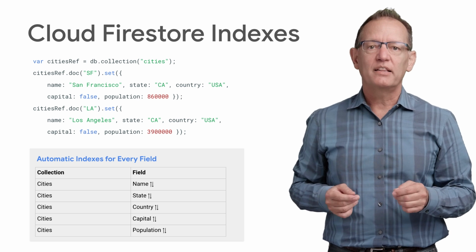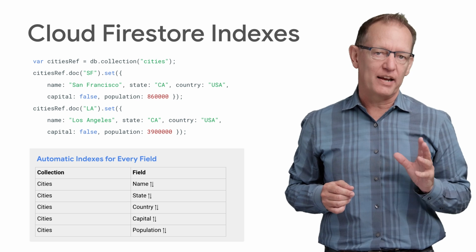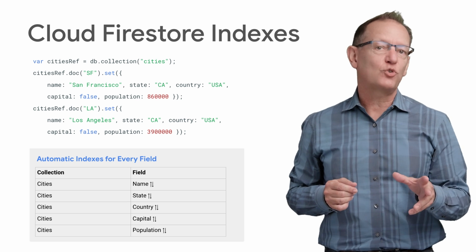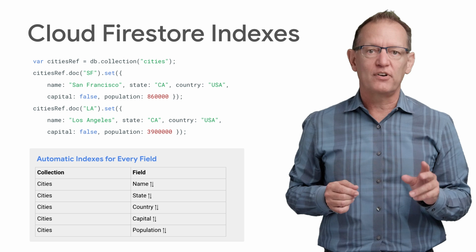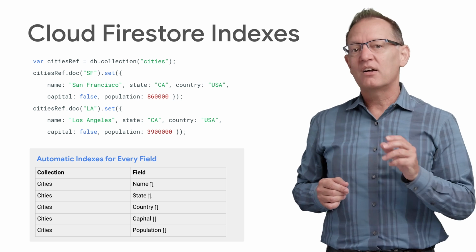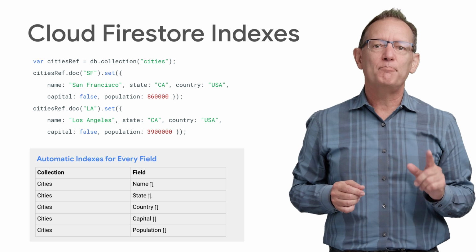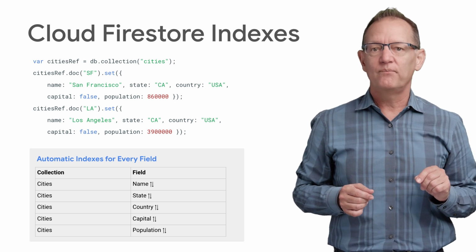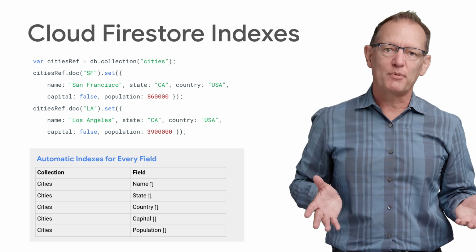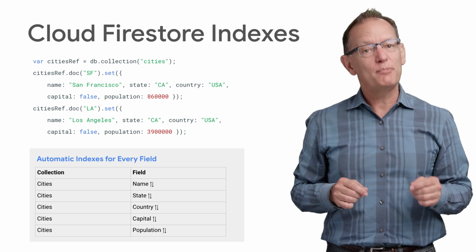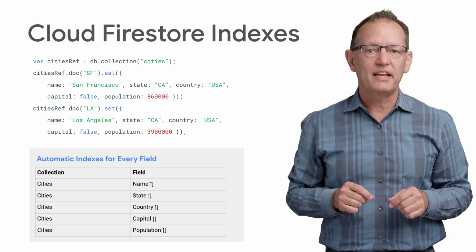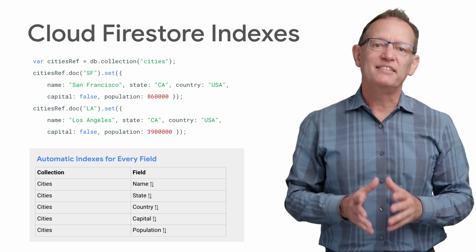Like Datastore, Cloud Firestore requires an index for every query. Firestore automatically creates an index for every document field. Compound queries require that you first create a composite index that maps to the range clause of your query. These are easy to manage directly from the Firestore console. You'll even be prompted to create the composite index the first time you attempt a query that doesn't have an